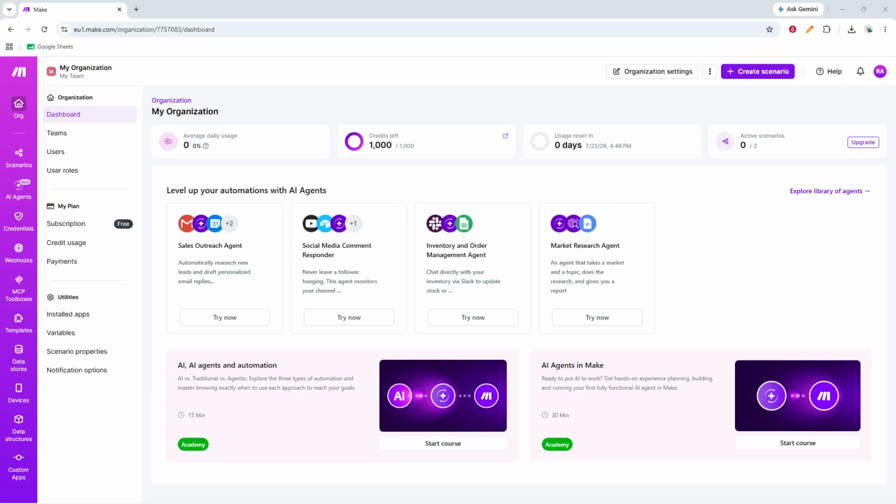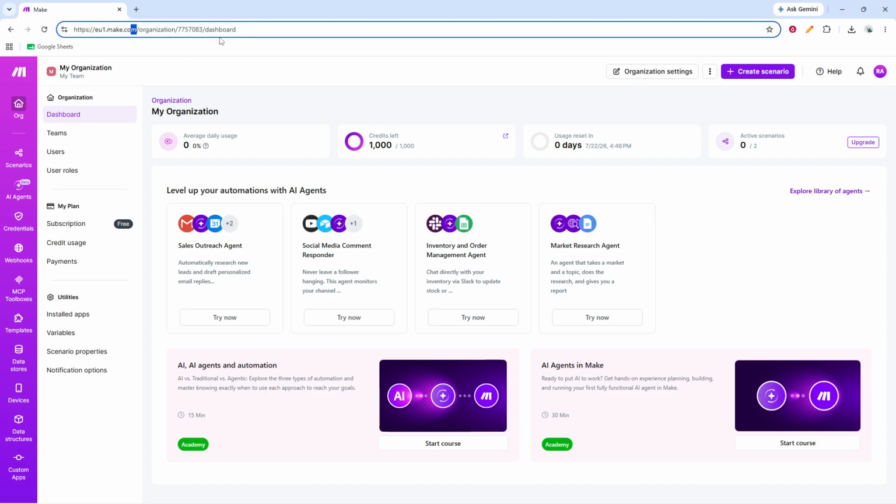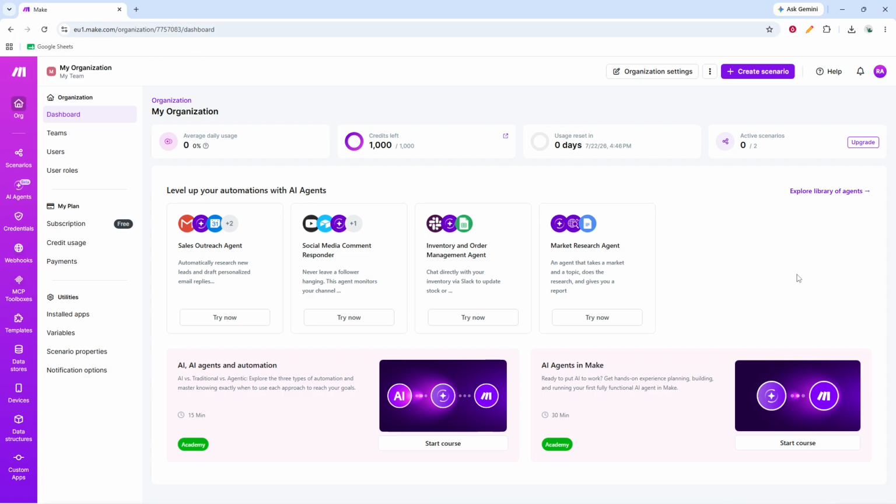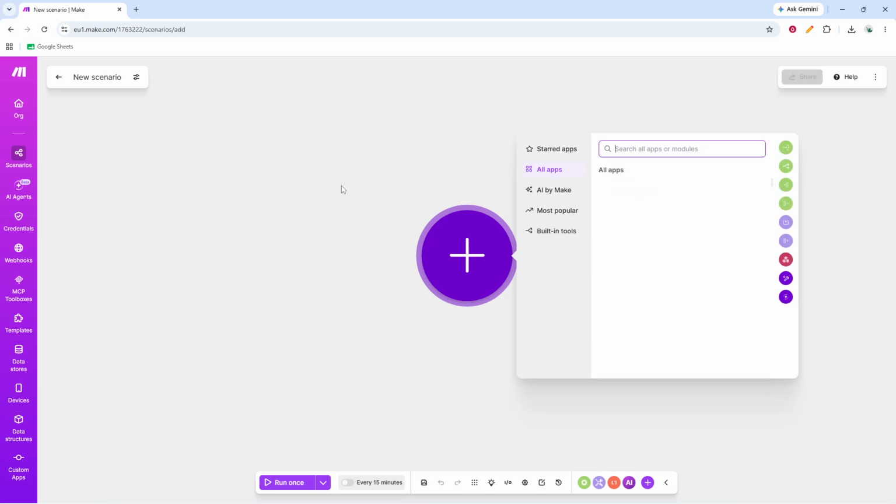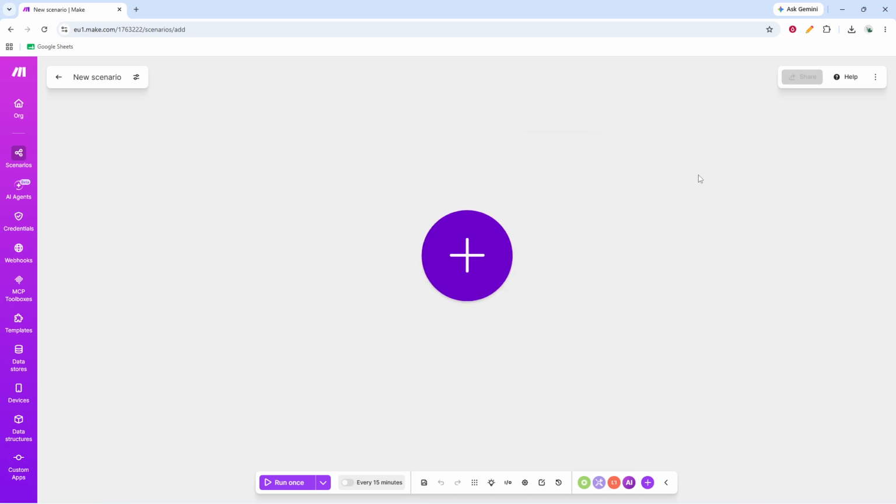By the end of this video, you will know how to import a make.com blueprint. Start by signing in to make.com and opening the scenario where you want to bring in the blueprint. This should be the scenario editor for the workflow you want to update. If you have several scenarios in your account, take a moment to confirm you are in the correct one before